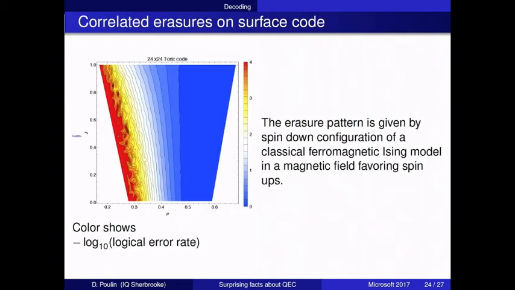This is another example where we've studied a correlated noise model. So this is the surface code. The way we set this up, the correlations are mediated by some Ising model. And this J here just represents the coupling in the Ising model, so it's a measure of how correlated the errors are. And p is the frequency of errors. This is a log scale, so down here you have very few errors, and here very high error. But I'm just showing this to show that this decoder can handle non-Pauli and/or correlated errors.